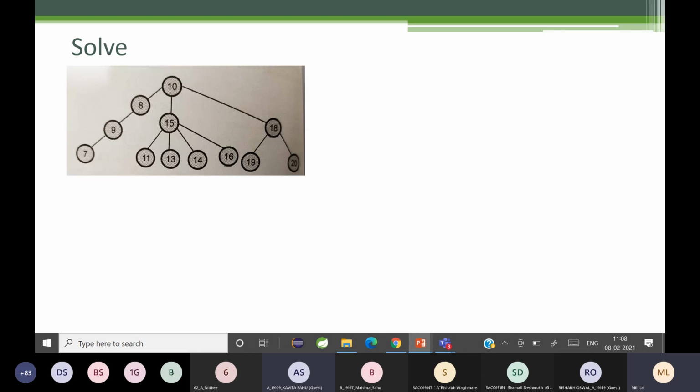Ma'am, while converting that generic tree into the binary tree, if the node is containing the center node, that is not exactly left and right, what are we supposed to assume? The center node becomes a right sibling of the left node, right? Ma'am, it's only having the center node, not left and right. Okay, in that case, you take it as a left child. Okay, ma'am. Because it's not specified, there is no rule based on the center. So if there is only one node given as a child, take it as a left child.